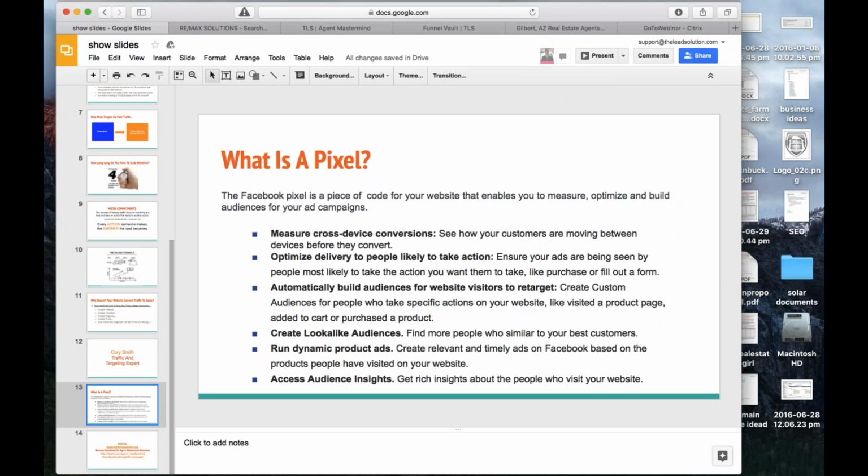Yeah, so the question they asked was definitely a relevant question. With Facebook pixels, ultimately you're going to want to have your own pixel for yourself. You're not going to want to put it on the broker website. That's where you're going to want to have your own real estate, right? That's where I think it's a big problem with a lot of real estate agents, network marketers, just anybody in general that is offered a website from a higher company.